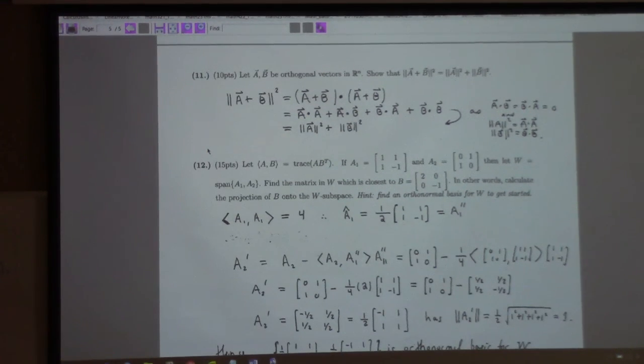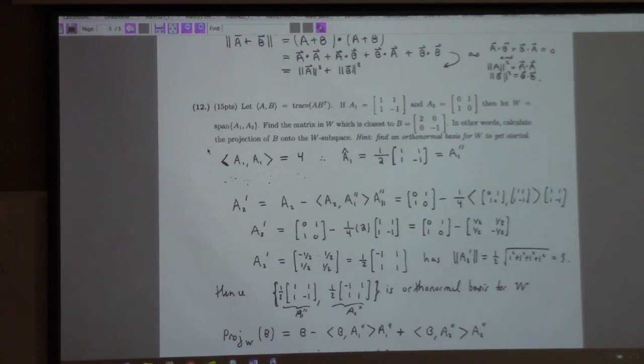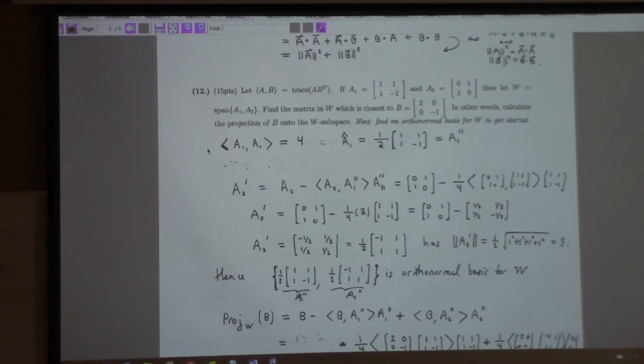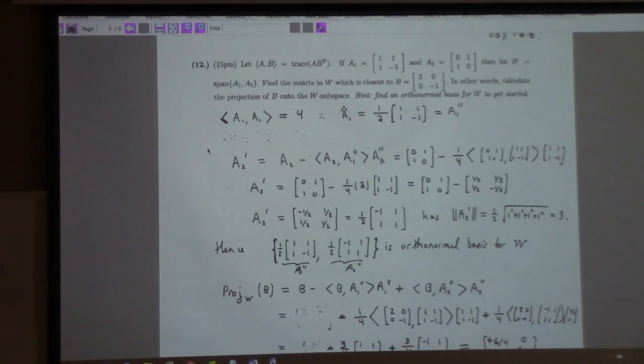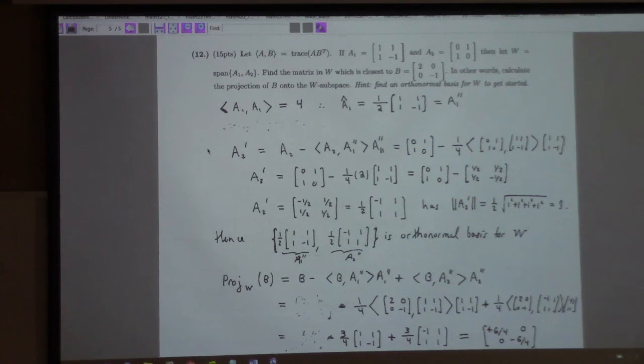Let's see here, where else were we? Oh, I guess I did have a Gram-Schmidt. Here it was. Was this on the test? Did I shorten this? Or was this actually part of your test? Okay. I guess this test was kind of long, huh? Now you realize it. Not really. If you compare it to historical trends, it's about the usual. Now I realize it. Let's see here. I guess I did give you guys some extra time, but